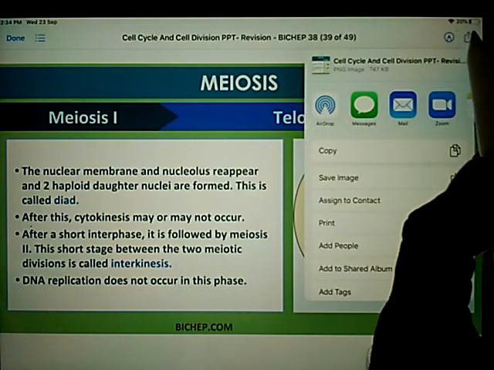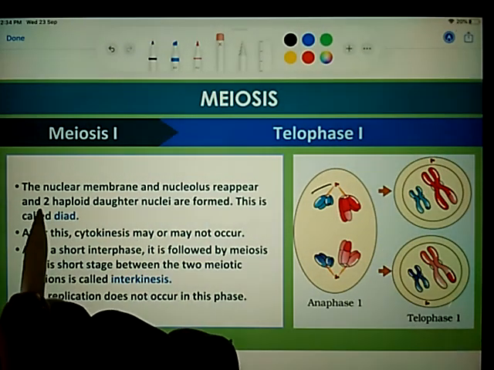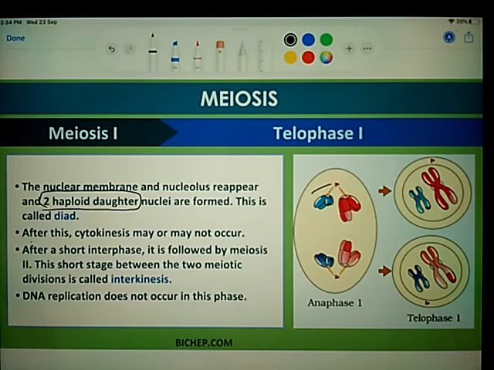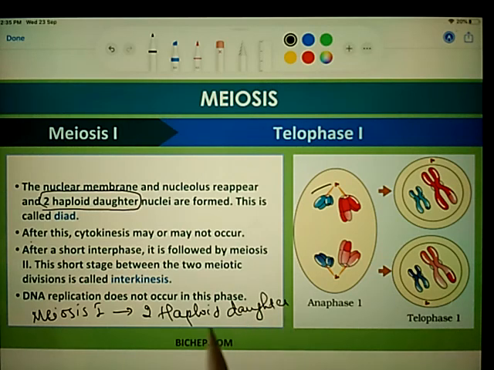So at the end of this lecture, with two daughter nuclei, we are concluding that meiosis 1 is ended with the two daughter cells which are haploid, so two haploid daughter cells,